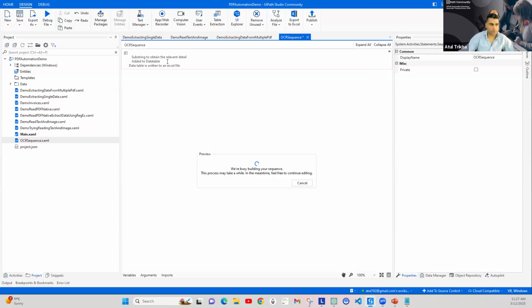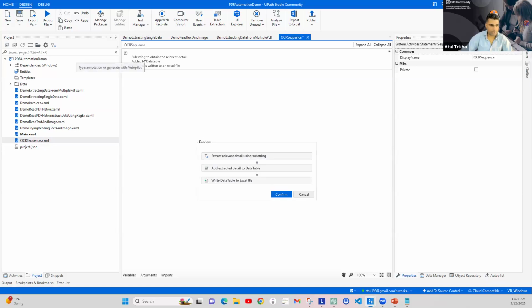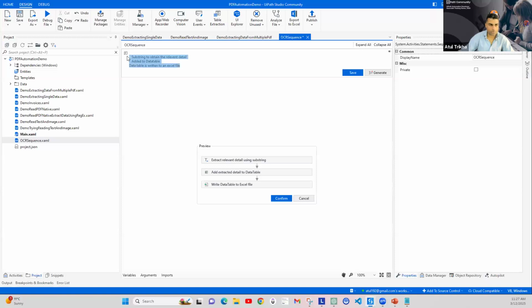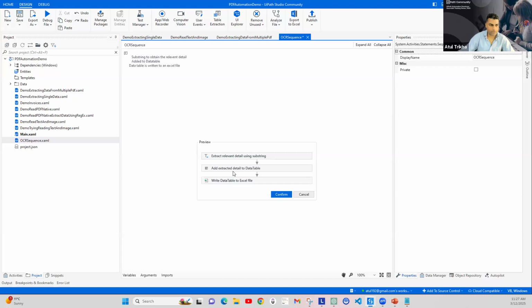So basically, what we are doing is we are giving a prompt here. So any prompt you want: read a PDF activity, add a data table, write data table into an extraction. So basically, using the autopilot, what I did is simply give a prompt: extract by using a substring, add extracted details into a data table, write data table into an Excel. All I'm giving is the prompts. When I click generate here, you will see all the respective activities are available to me. When I click confirm,